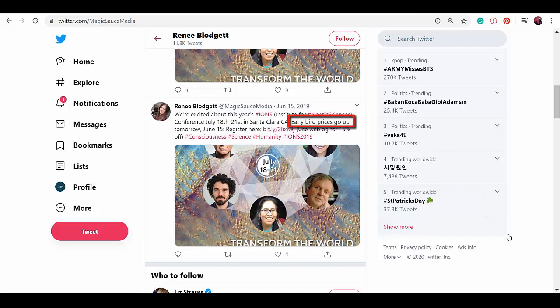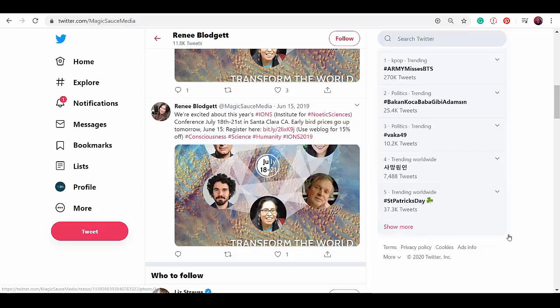It even mentions a good discount promo here for early bird prices. Also, it's good to have a call to action here if you want people to register and attend the event. People will be eager to purchase since they have learned that using the weblog, they'll get 15% off the original